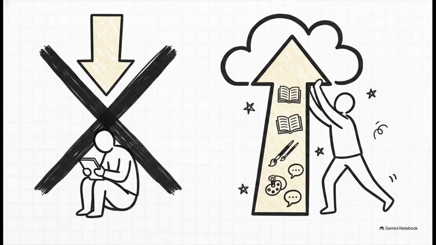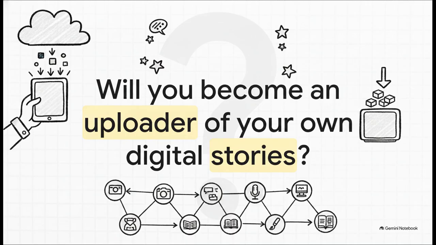So, what's the solution? Honestly, we have to stop just being downloaders and start being uploaders. We can't really blame AI for ignoring our cultures if we are too lazy to upload our own histories, our regional languages, and our digital stories to the internet. The AI can literally only read and learn from what is already there. If we want unbiased AI, we've got to actively fill up the digital world with our own diverse truths. And the best part is, we have the tools right at our fingertips.